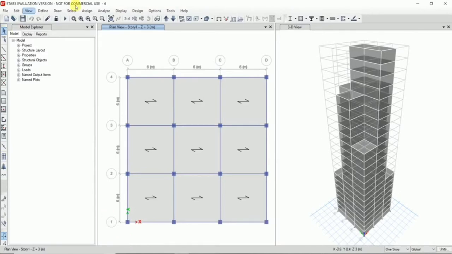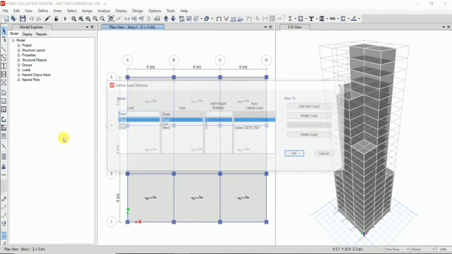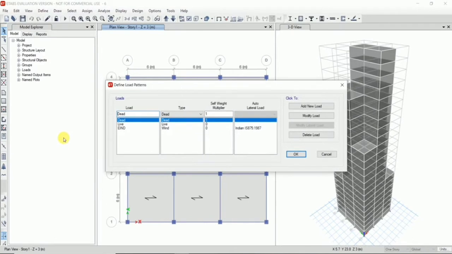We go to the define menu and select the load patterns. We enter the load name as seismic.